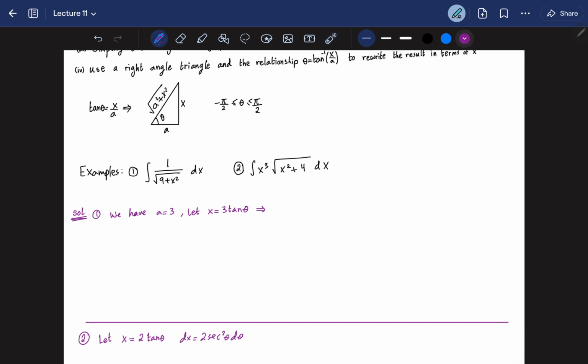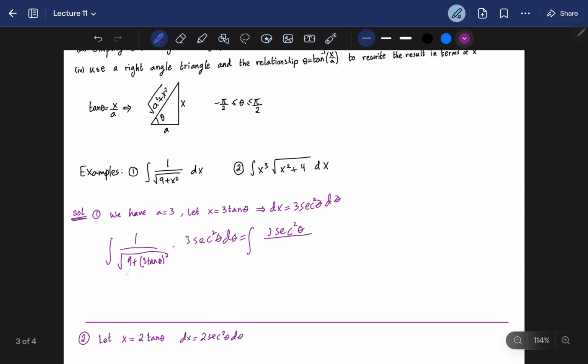If we have 1 over the square root of 9 plus x squared, if you use a u substitution, that's not going to work, so a trig sub. If you find the derivative, and now let's plug it back in. And now if you simplify, this whole thing is going to be 3 secant theta d theta. So we're integrating secant theta by itself, but we know that this is just ln of secant theta plus tan